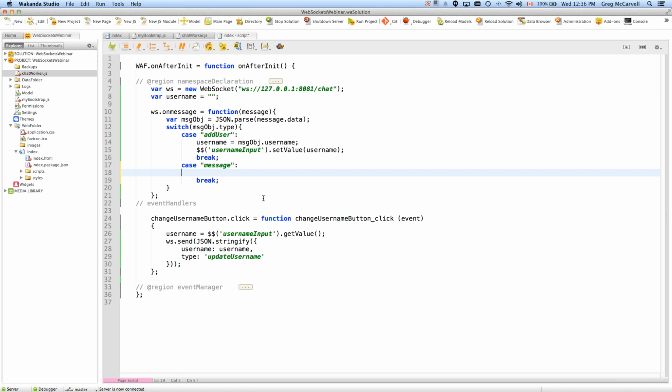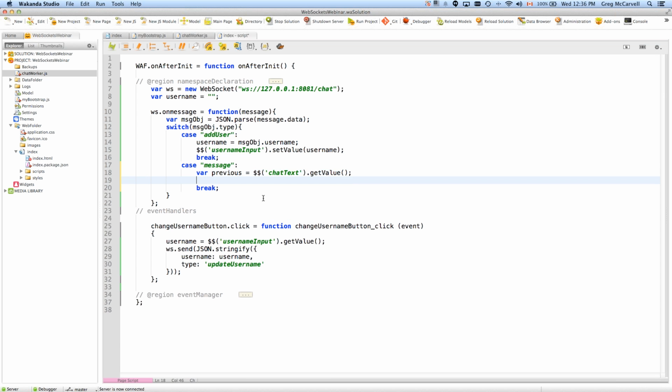Okay, so what do we want to do in this case? On a message, we want to post it into the text. So first, previous will be the existing contents of the text. We'll get a reference to the text, chatText I think it was, chatText.getValue. So we've stored the existing contents in the previous variable. Then we will update that content. So let's go chatText.setValue, and we'll set the value to, now we've got access to some styling, so we'll do a bold,